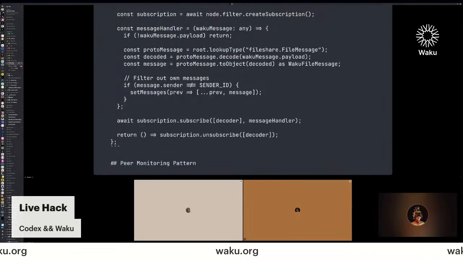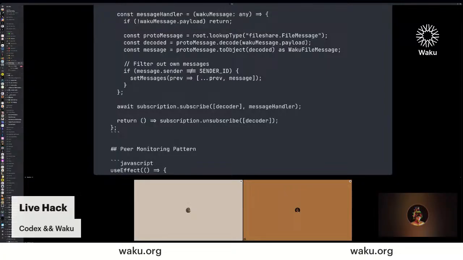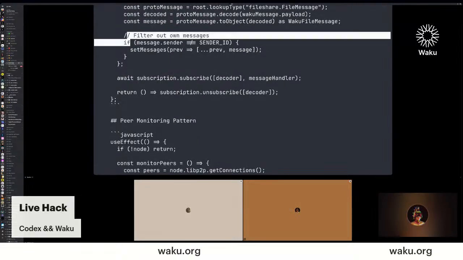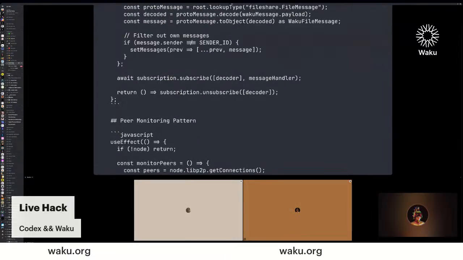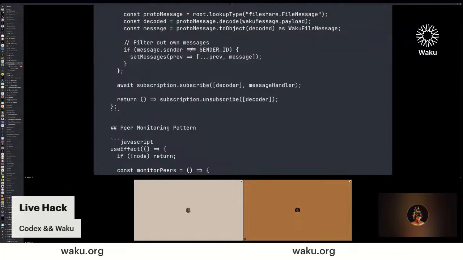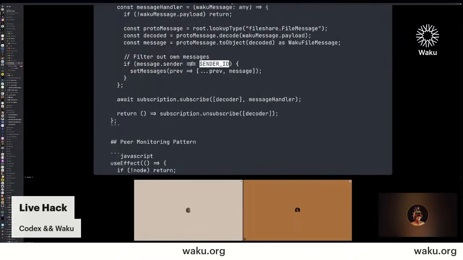And what you do is, in this case, we check if there's a payload. If not, we return because it's an empty message. We can't do anything with it, at least for the context of this application. Then we attempt to decode the payload into our application's expected protobuf type. And once we have that message, then here it performs some further application level filtering. So in this case, we don't want to process messages that we had sent